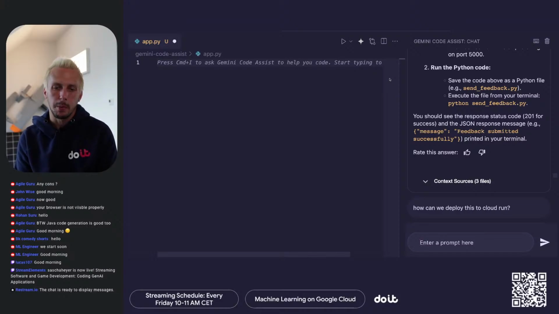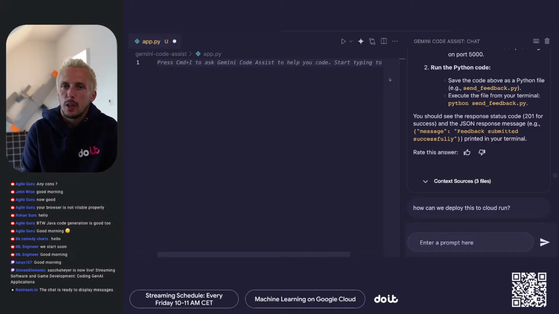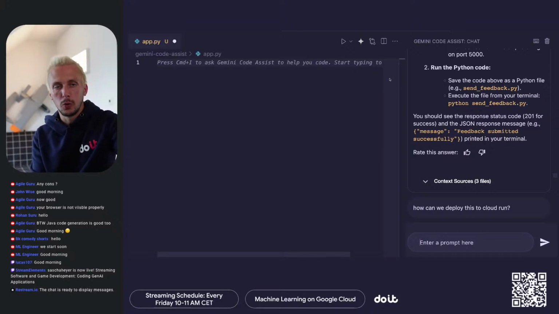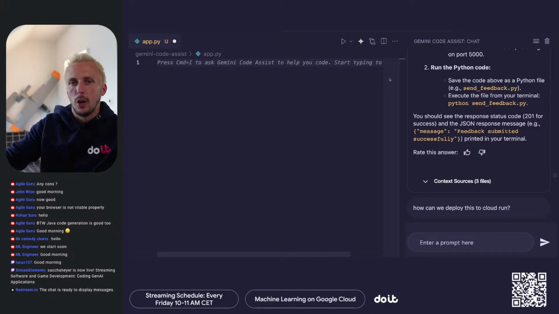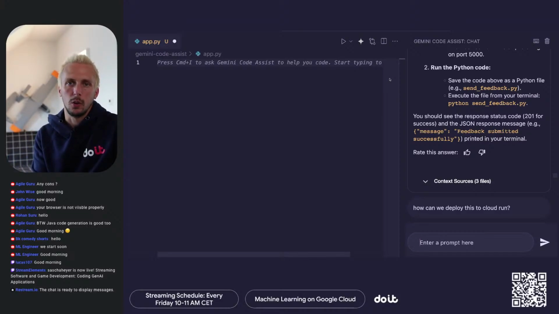Probably the biggest con here, but it's also a pro, is the enterprise aspect, right? This is not meant for a single developer doing something at home. This is meant for companies. You need to have a Google account, you need to have billing, and you also need to have a credit card at some point. So it's not like Tabnine or GitHub Copilot where everyone can get it. You could also get it, right? But you need to create a Google Cloud project for that. And if you just want to use it for programming and you're not a Google Cloud user, then maybe this is a con for you. But for the rest,